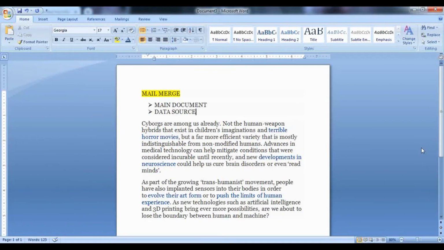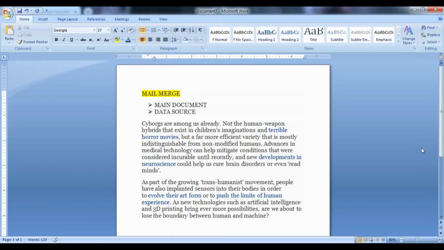Now children, let us learn how we use the mail merge. First, let us learn what is mail merge. Mail merge is a tool in MS Word that enables you to create multiple copies of a document with small changes in it. So the same document with minor changes, you'll be creating multiple copies. For example, let's say you have an invitation letter. You want to invite your friends for your birthday party, or you have written a certain article which you want to share with a group of friends.